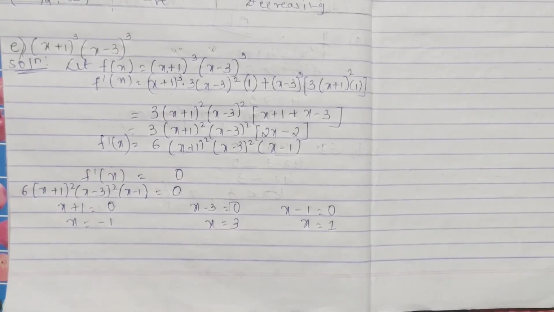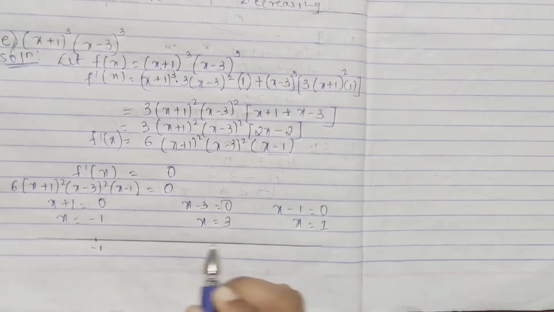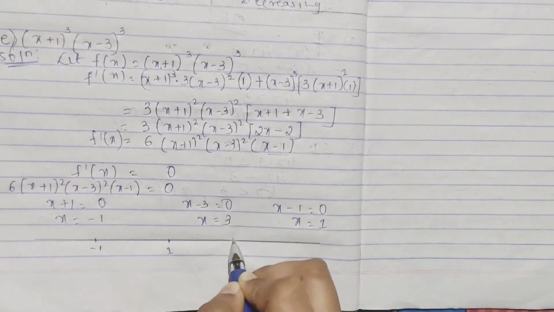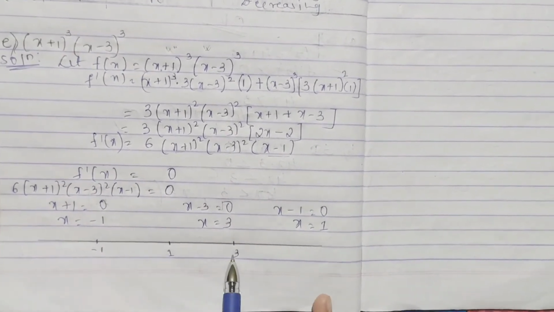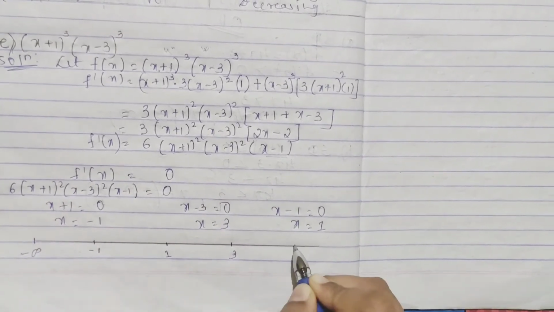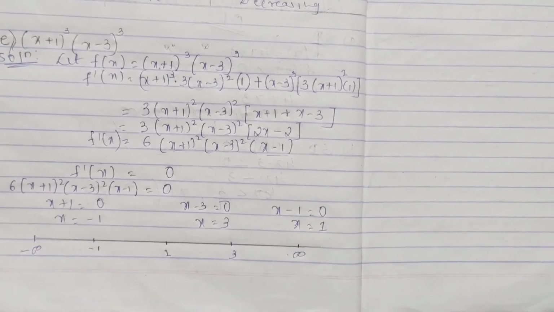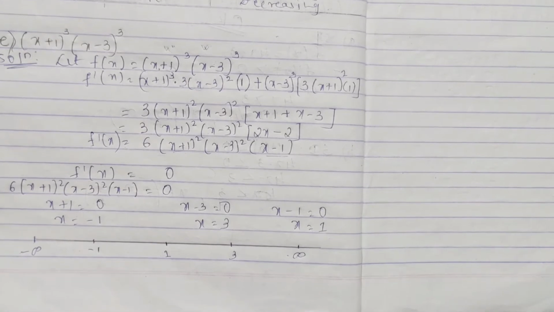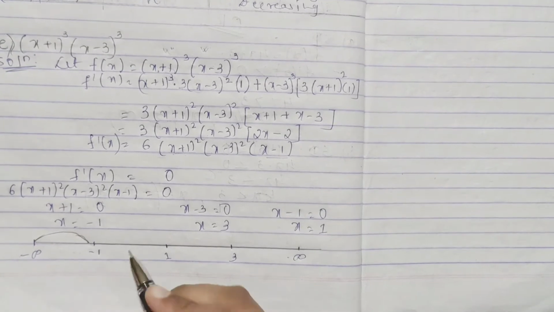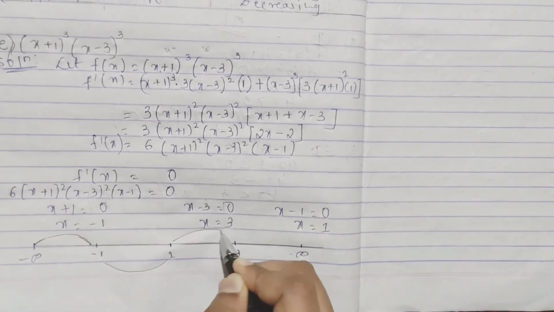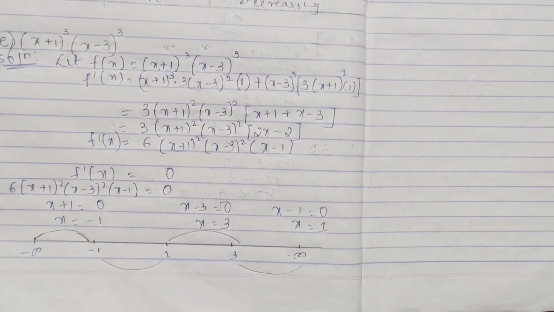You have got so many intervals. See, one is minus 1, one is 1, and again you have 3. So one interval is minus 1 to 1, 1 to 3, and here, obviously, we will take minus infinity to plus infinity, right? So you have 1, 2, 3, 4. 4 intervals you have to check. This is one interval from minus infinity to minus 1, then minus 1 to 1, then 1 to 3, then 3 to infinity. In f dash of x we will just check it, making the table the same.